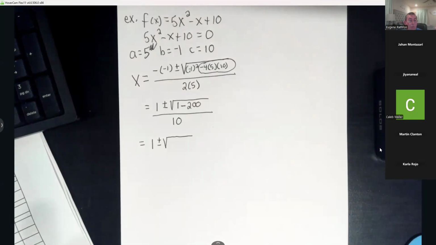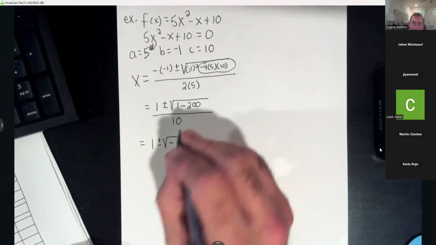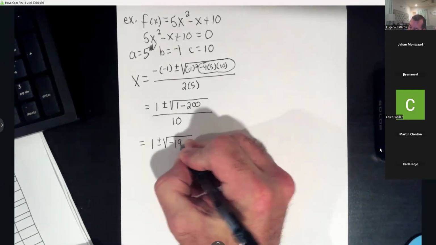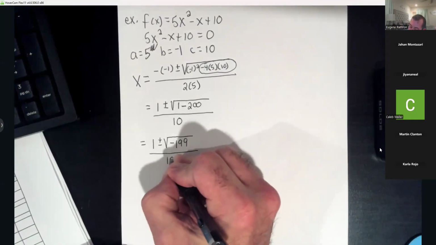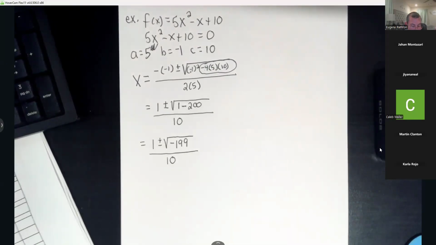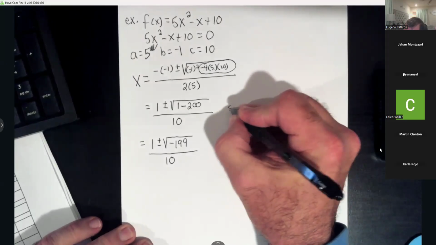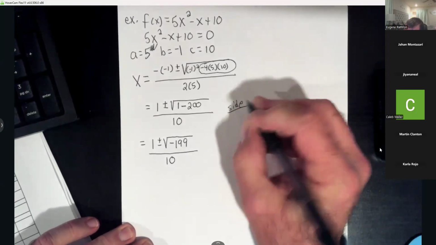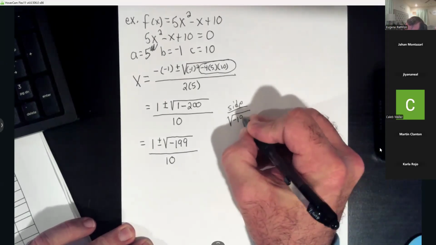So 1 minus 200 is a negative 199 all over my 10. All right, so we're down to the radical. On the side, we're going to try to simplify that square root of negative